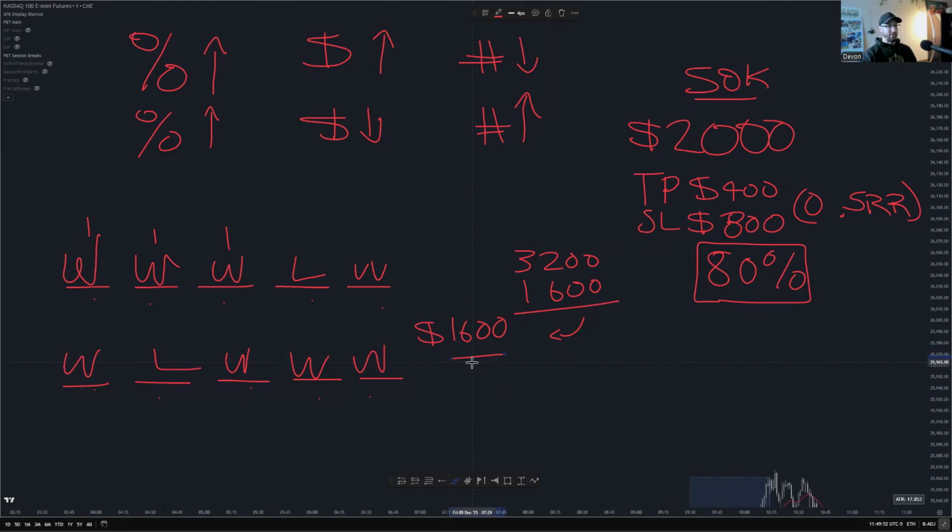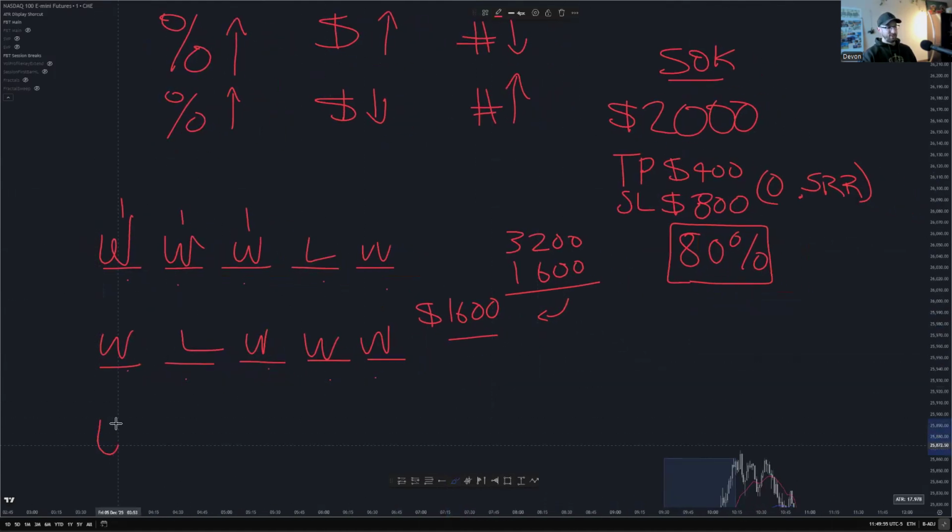I'm getting greedy. Now, to get a payout, if the next trade's a win, you're at 2,000. But that doesn't mean you have to take a payout. You might want to recoup your costs of the actual prop firm challenge. Maybe it's $200. So you take out $200 and you leave 1,800 in there. And then all of a sudden, maybe the next one's a win, then a loss. And then what happens if you have 2 losers here? This is very important in trading. If you go up here and you get a $200 payout, now your account's at 1,800. Now you get another win. So this now brings your account up to 2,200.